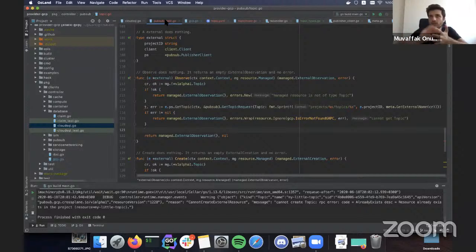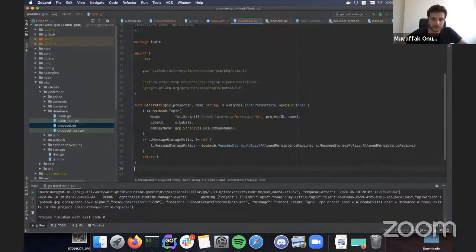We get the parameter and put it onto the appropriate field if and only if the field is empty, because the controller never manipulates the desired state of the resource, which is the spec. So unless the user fills the field, we will populate it with whatever is returned from GCP. Sometimes it returns empty, so we just don't touch it. Okay, so what we are going to do is implement that helper function.